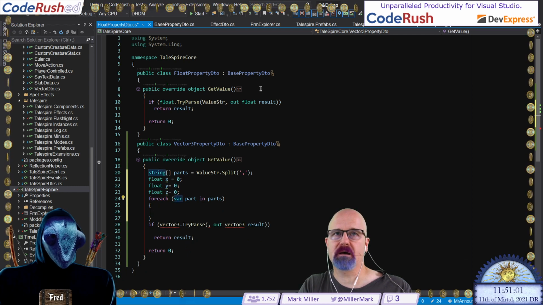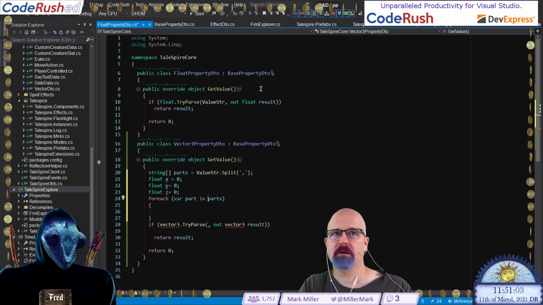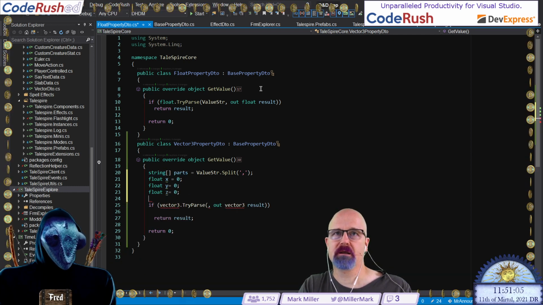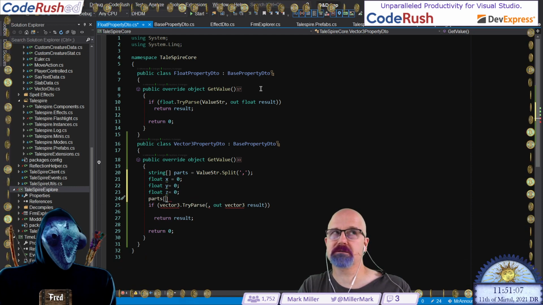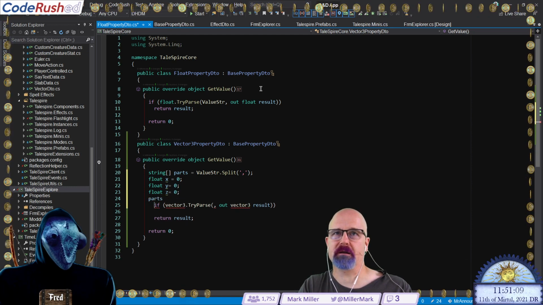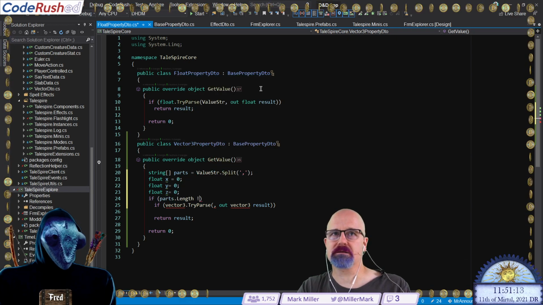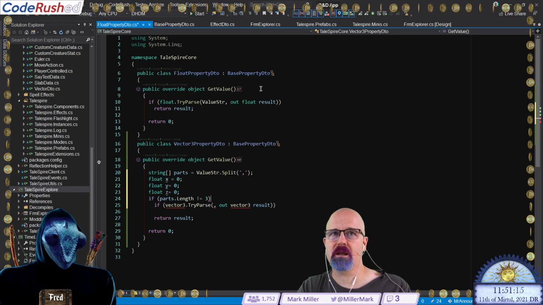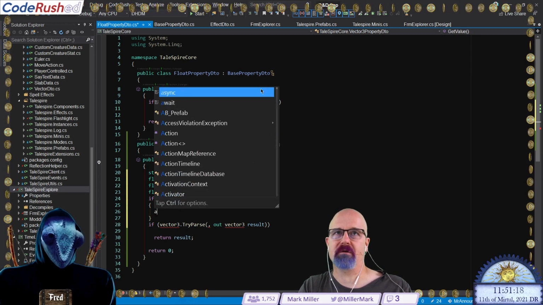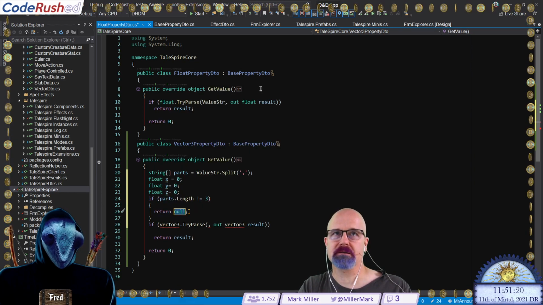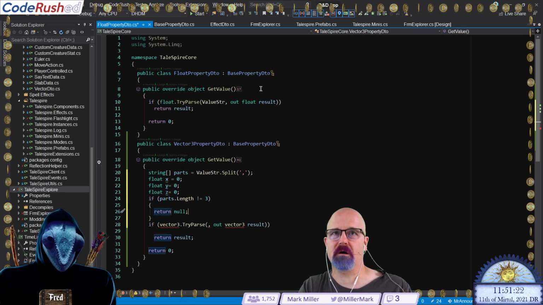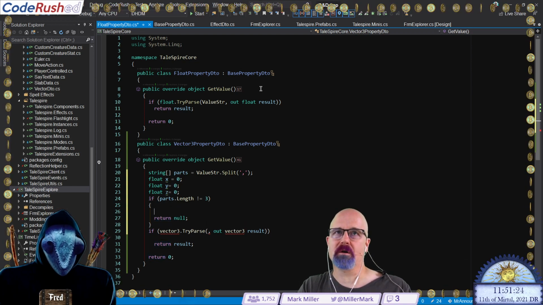And for each part of parts, no, we're going to do this instead. We're just going to allow the error. Jeez. Do I really do that? No, I got to do error checking. Okay, error checking. So if parts dot length is not equal to 3, then we're out and we have an error. We can't do anything. We're going to return null. Or no, we're not.